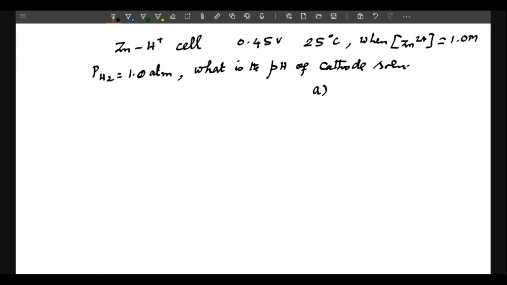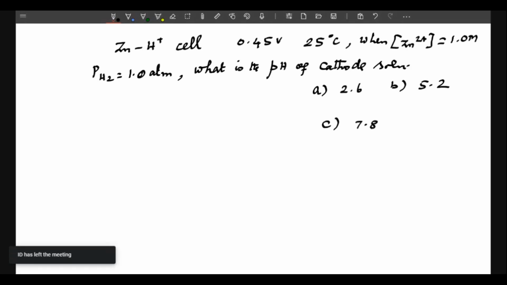Option A, 2.6, B, 5.2, C, 3, this one, 7.8, D, 4. Find out the correct answer. Next